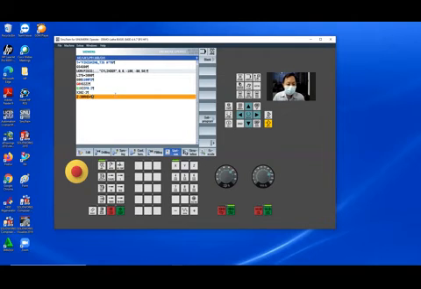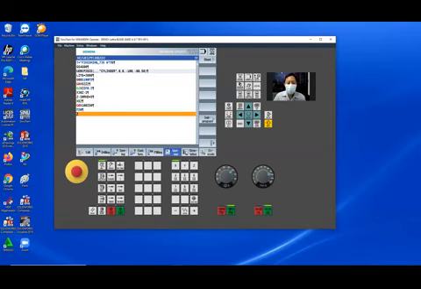Radius 5. After this, go to the X52 again. Okay, finish. G0, X100, G50, retraction. M30.